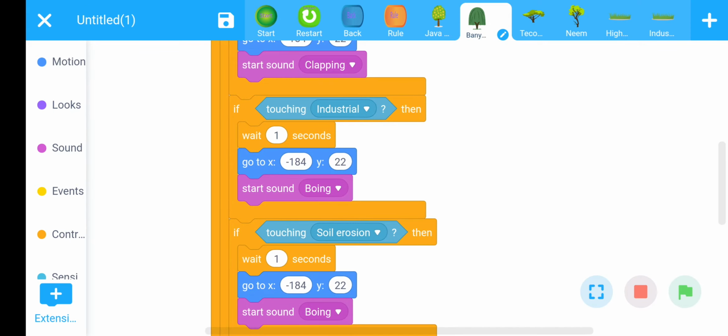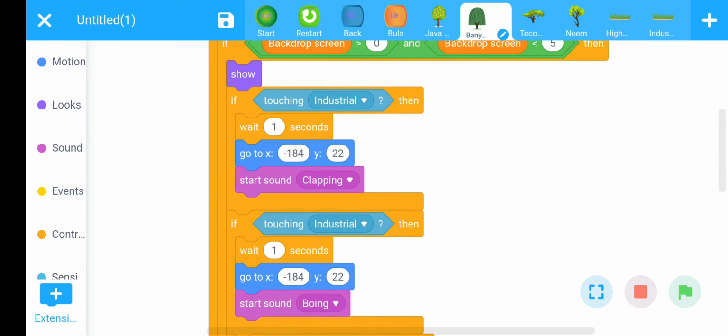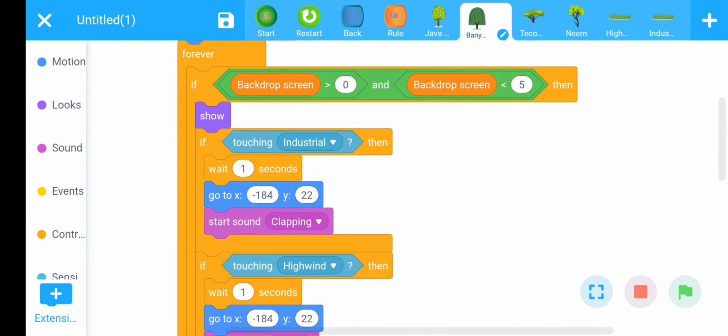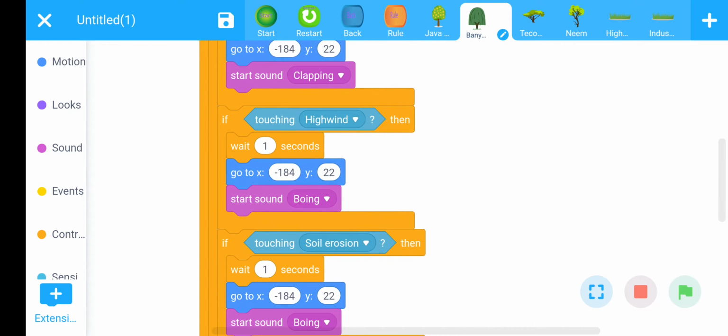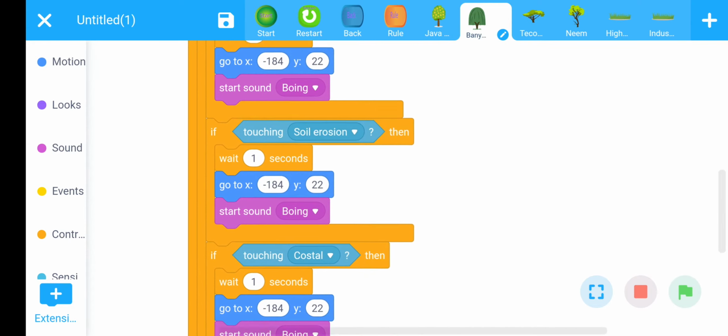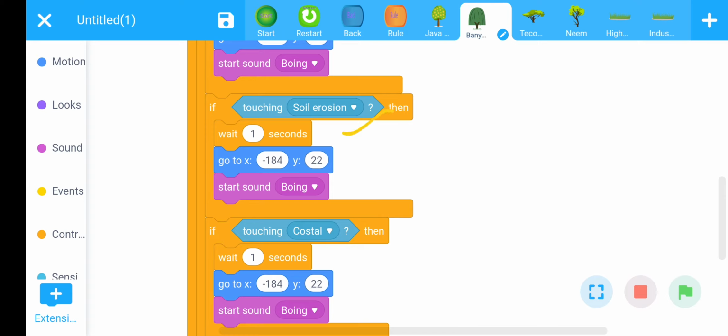Okay, industrial is the right option, so replace industrial with high wind. Okay, this is the right option, and here the clapping sound is present, and the remaining 3 are wrong options where the bong sound is present. High wind, soil erosion and coastal, these 3 are wrong options. Then save it.